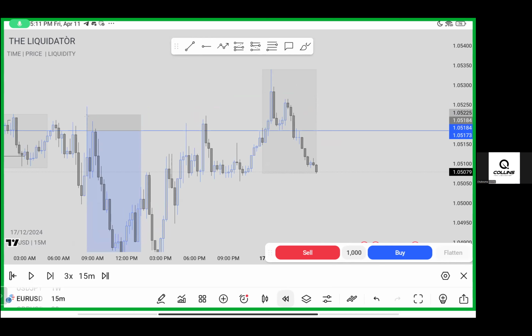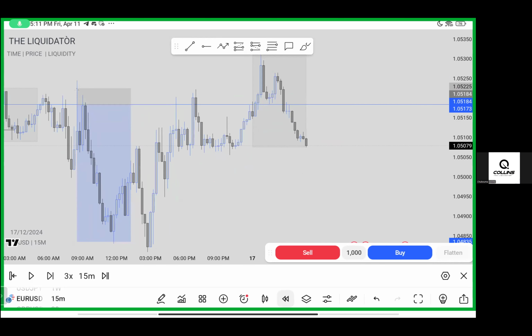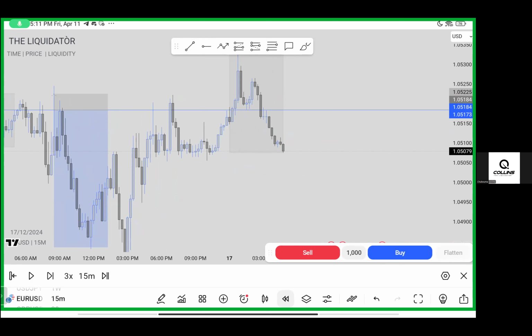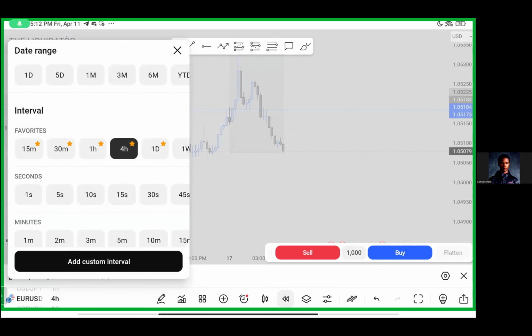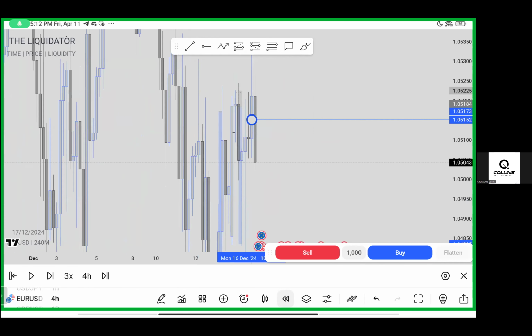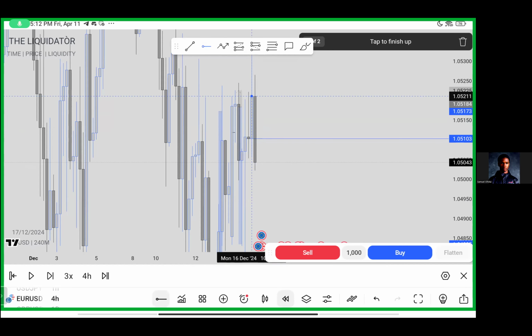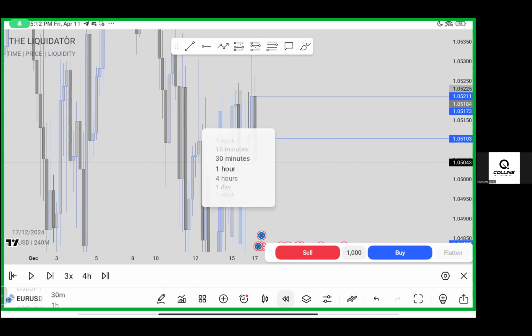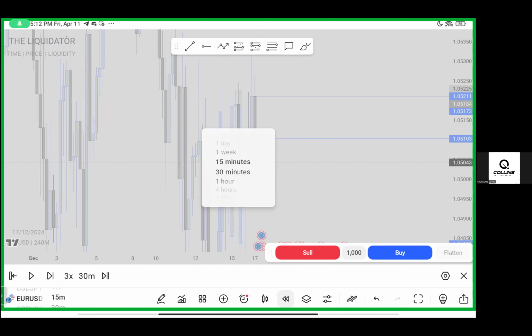So what is the next thing we are going to do? We are going to check if there's any higher time frame POI we could sell from. So let's check on the 4-hour time frame. Now on the 4-hour time frame, this was the POI here, this order block right here. There was a POI here, and there was a rejection block. So we don't know where price is going to react. So patiently wait for a reaction in any of these POIs.